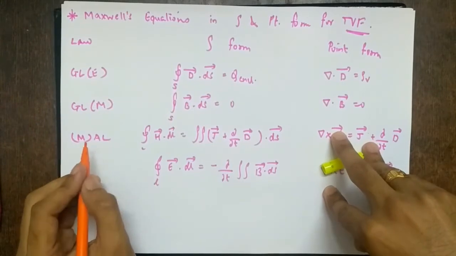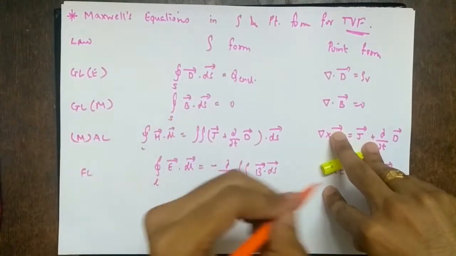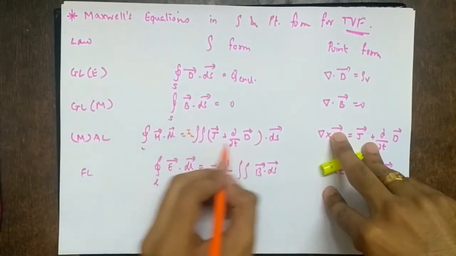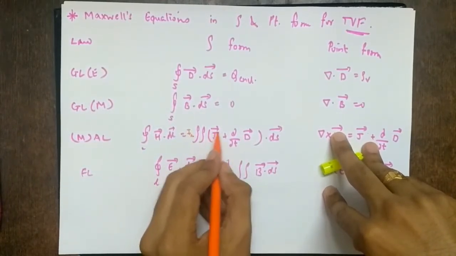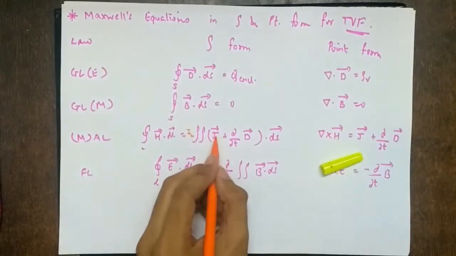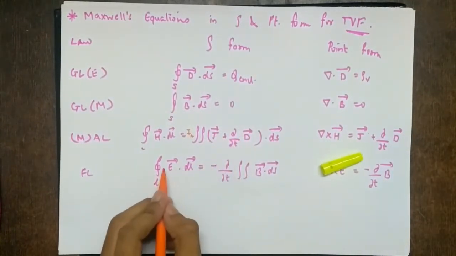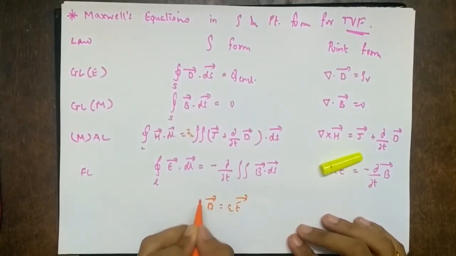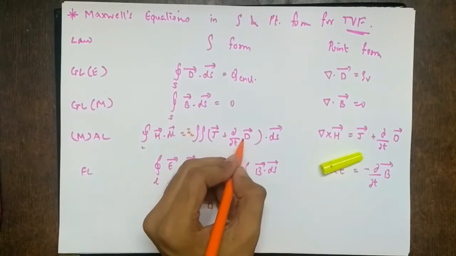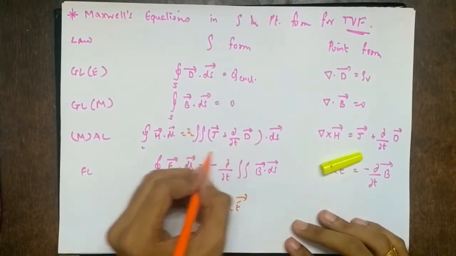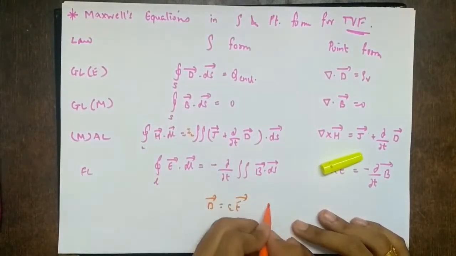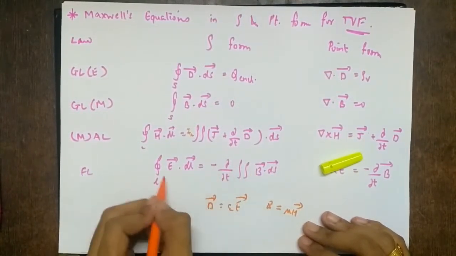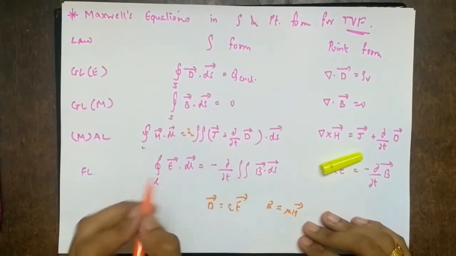Then Ampere's law: if I have a current flowing through a conductor, it generates a magnetic field around it. So that is why we have I enclosed here. It is nothing but the addition of conduction current density and displacement current density. And what we learn further from this is that D vector is epsilon E vector, so this is nothing but the electric field. A time varying electric field is always associated with a magnetic field, and here B vector is mu H vector. A time varying magnetic field is always associated with an electric field, so they always go hand in hand.